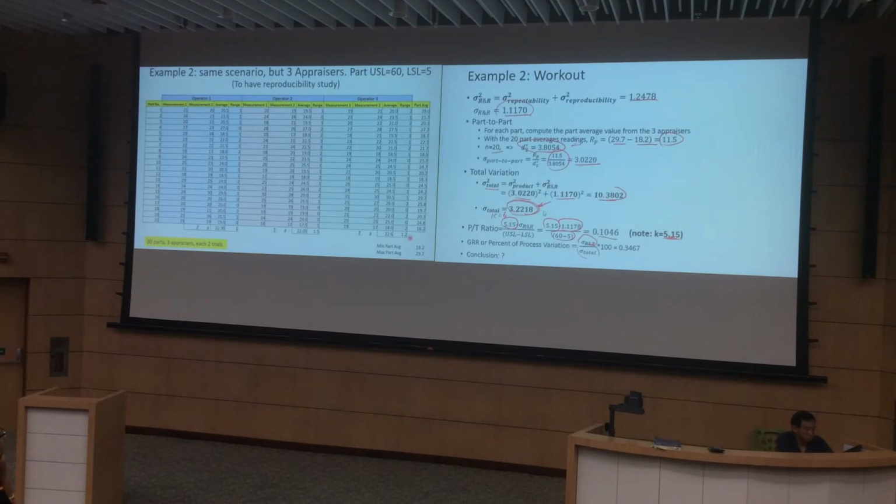Remember? So this one here is 3.4. So PT is equal to 0.10, around there. Then for GRR percentage, you multiply by that, so it's just a fraction, 0.3467,